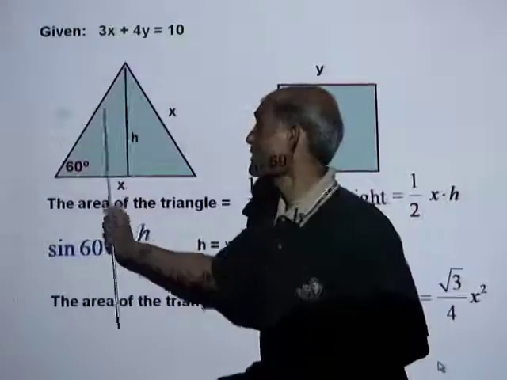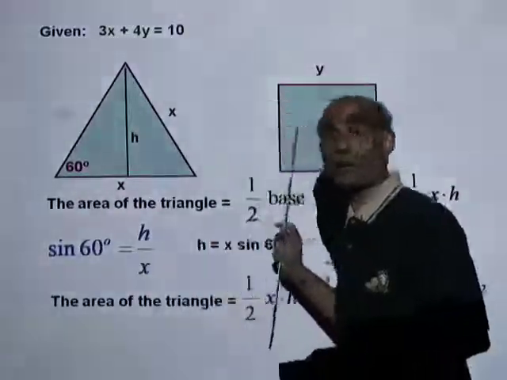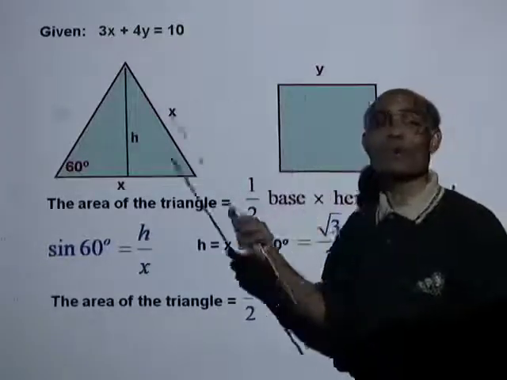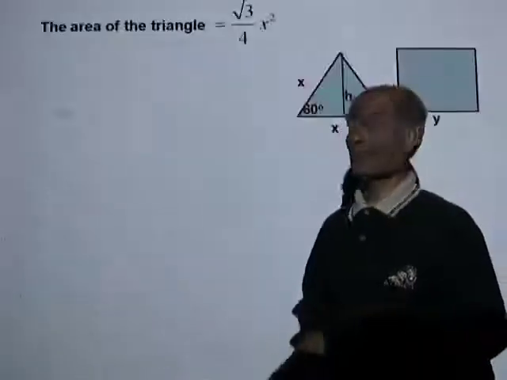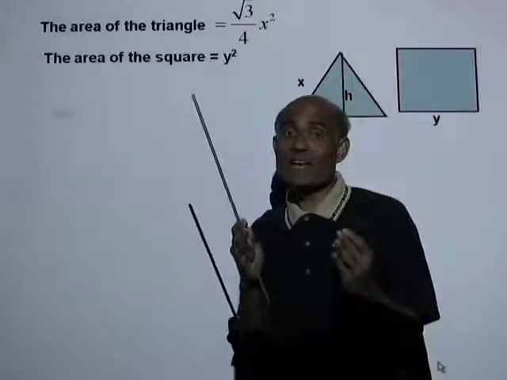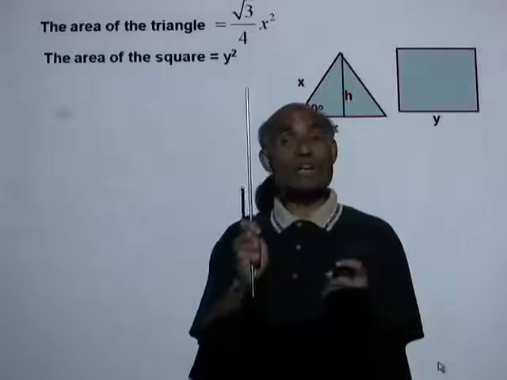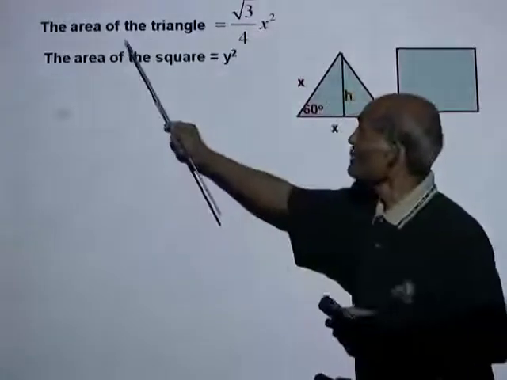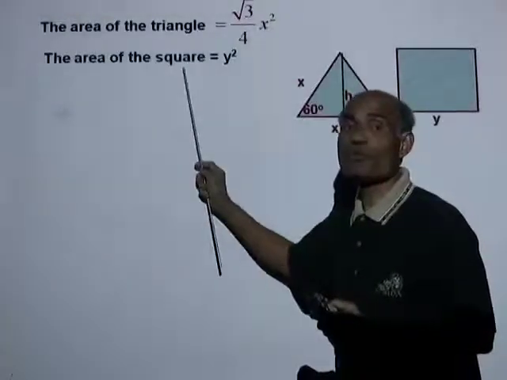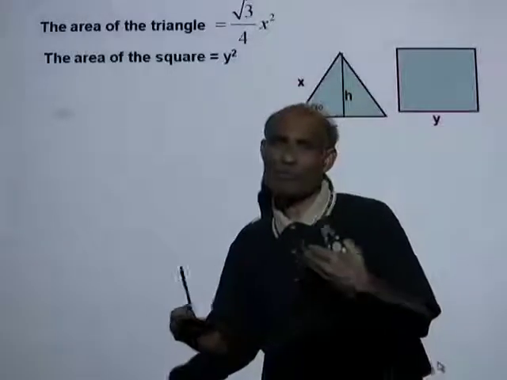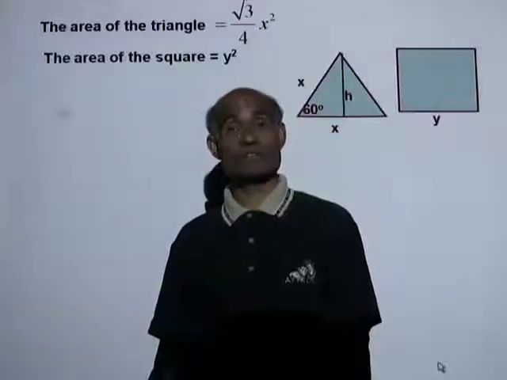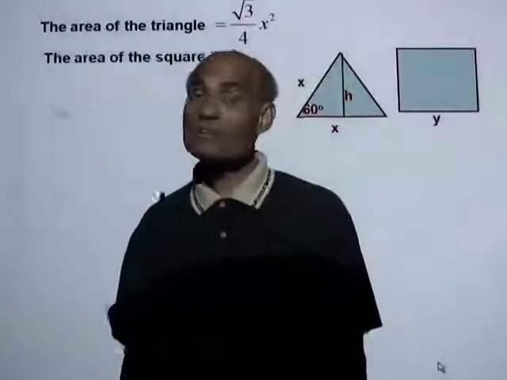Alright, we got the area of the triangle. How about the area of the square? The area of the square is y times y, y squared. Alright, now we need an equation for the area in terms of one variable. The area of the triangle is square root 3 over 4 x squared. The area of the square is y squared. Is it possible to write y in terms of x from the given information? What is the given information? The given information is